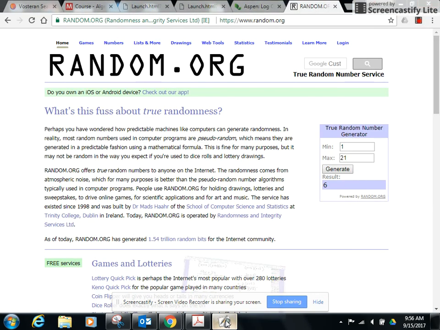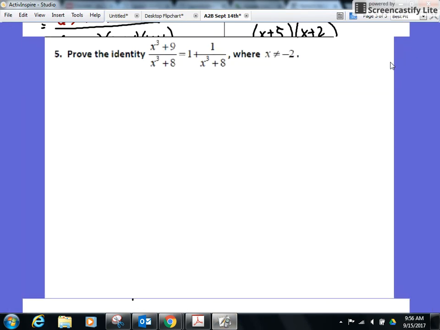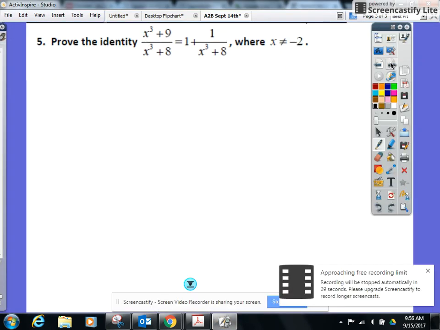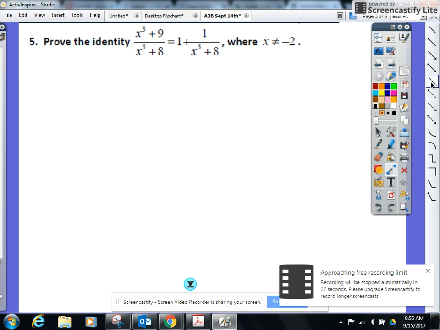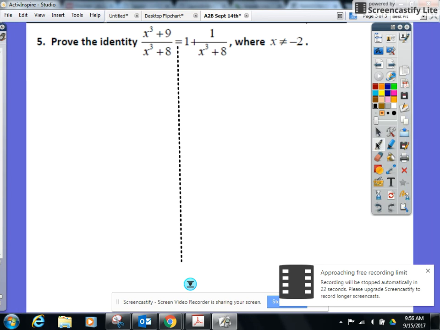All right, okay, here we go. Prove the identity. So I've got to make the left side look like the right side. We just need to make a decision right now. What side do I want to work on to make it look like the other side? There's only one answer here because there's nothing to do to one of the sides. So which side should we work on here? Based on what we've been doing yesterday and today, work on the